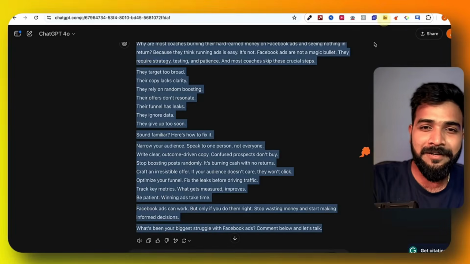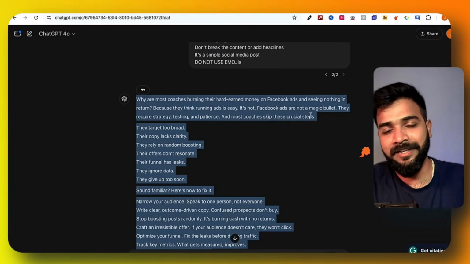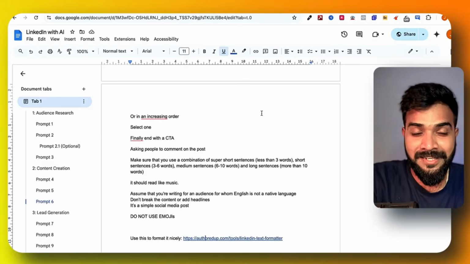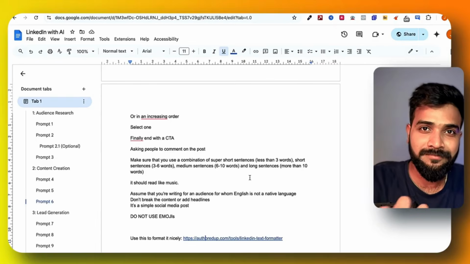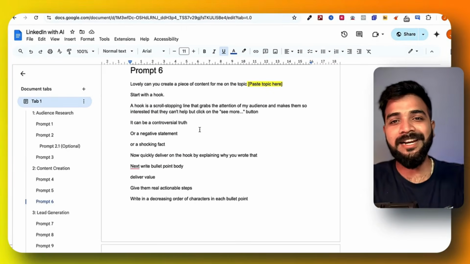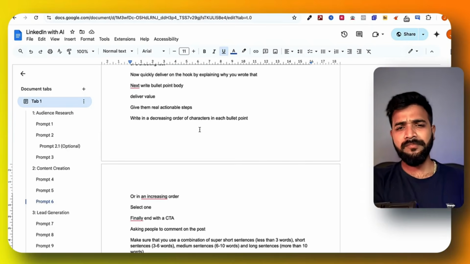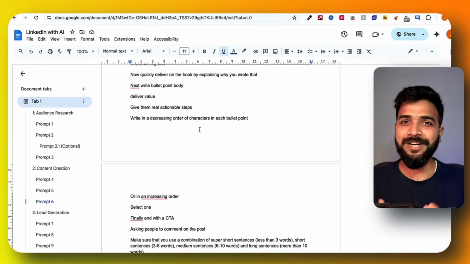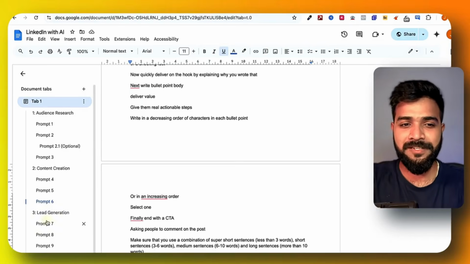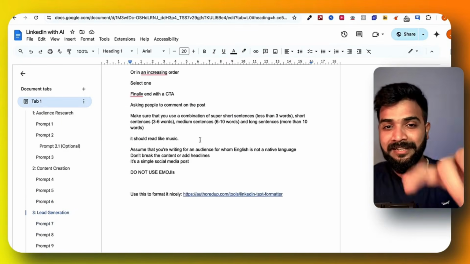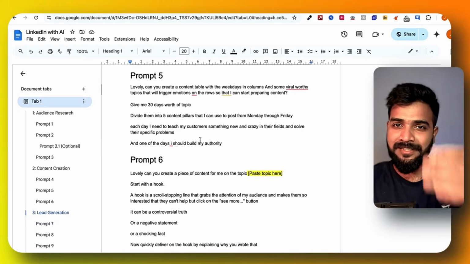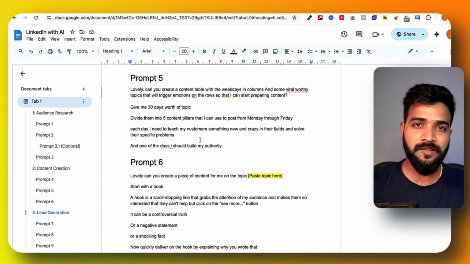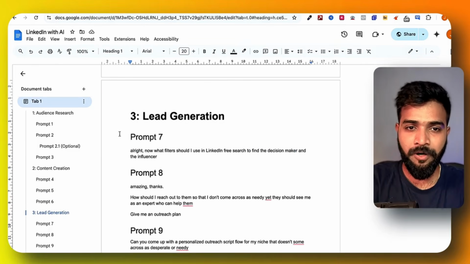Now, if you want to be a little bit fancy, you can create individual images for all of this, and that's okay. I don't prefer it at the moment because the whole point is consistency over perfection, and that's exactly what we'll be aiming for, right? It creates such a good post at this point, but only content is not going to give you any customers. What you need to do is start generating leads. So that's where the next prompt comes in, which is prompt number 7. What I would ideally suggest is keep doing this prompt number 6 over and over and over again so that you can have at least 2 weeks worth of content, which is like 10 pieces of content ready for you. Cool. Now, prompt number 7.